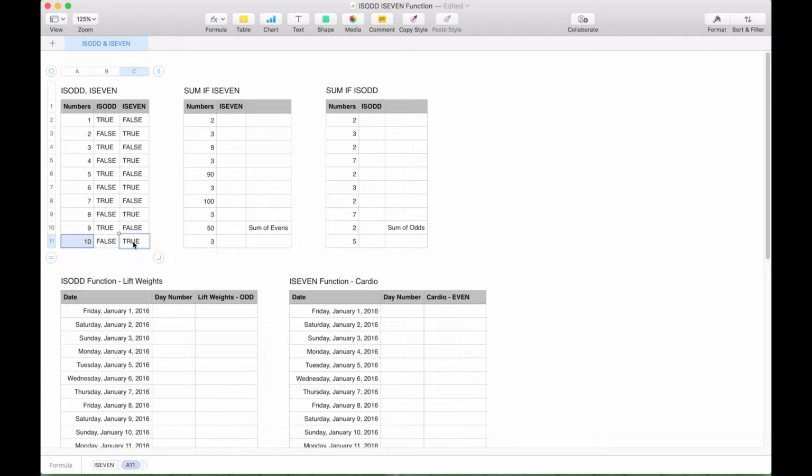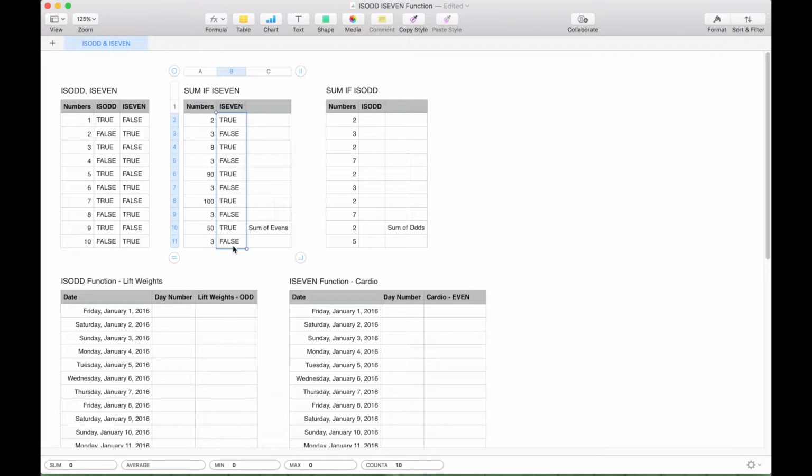Okay, so for our next example, what we want to do is take these numbers here and sum only the even numbers. So let's use our ISEVEN function to determine which numbers are even. Equal sign, we'll type out ISEVEN, put in our argument, hit the check mark, drag it down, and we get back a true for any even numbers. And now we only want to sum the numbers if they're even, and we'll use our ISEVEN criteria here